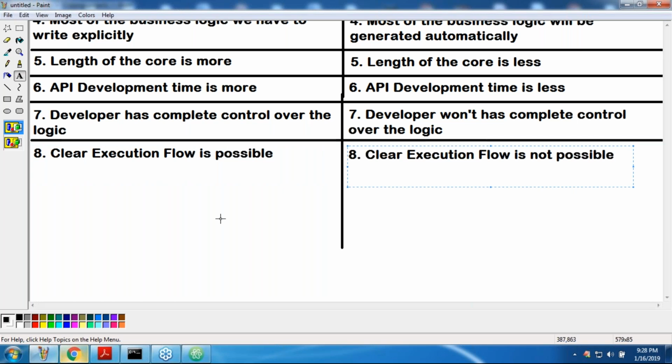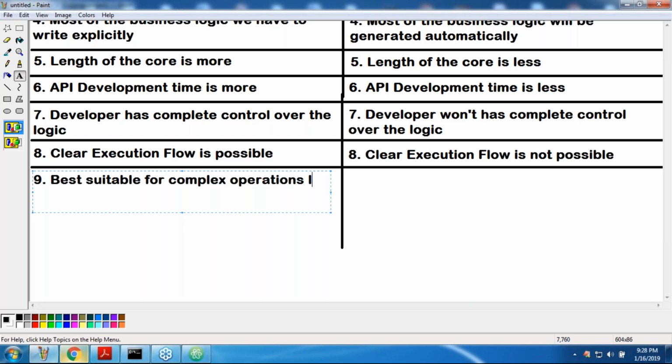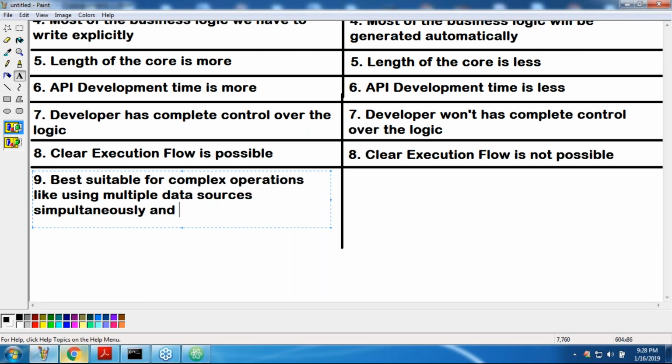Now the ninth one: best suitable for complex operations, like using multiple data sources simultaneously and calling other third-party APIs.